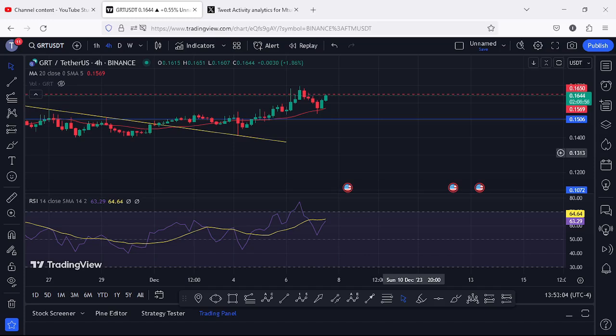So those are the moves that I'm watching out here on the GRT chart for the next coming hours, and